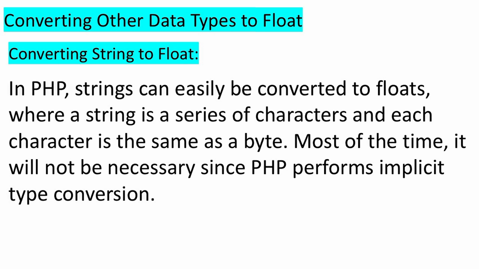confuse PHP's automatic conversion. In essence, PHP's flexibility with type conversion makes it easier for developers to work with mixed data types. Whether it's implicit conversion done automatically or explicit casting performed manually, the goal is the same: to make sure values are in the right format for arithmetic or logical operations. By understanding how PHP converts strings to floats, you can write cleaner, more reliable code that behaves consistently across different